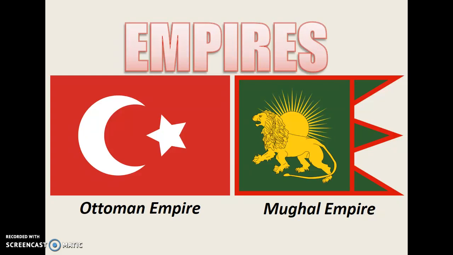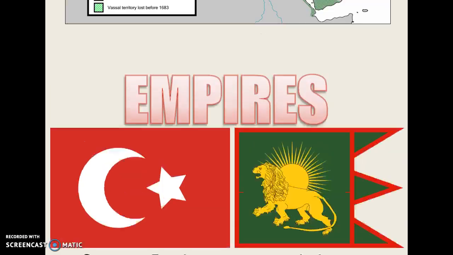Today we're going to be talking about the Ottoman Empire and the Mughal Empire, and we did some of the background last year in World History 1 on both of these. The Ottoman Empire at one point in time was the Byzantine Empire, and then obviously the Mughal Empire from India laid its foundation upon the Mauryan and Gupta empires. Okay, so here we go.